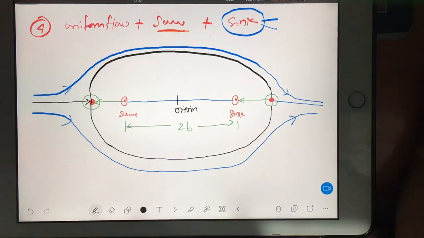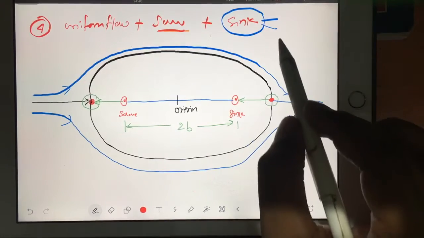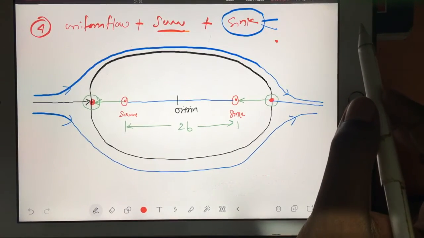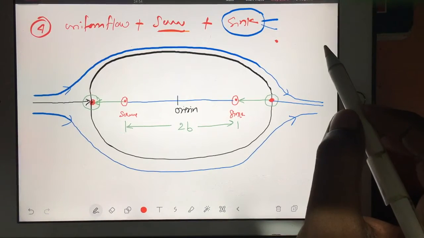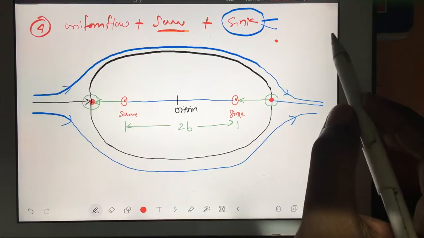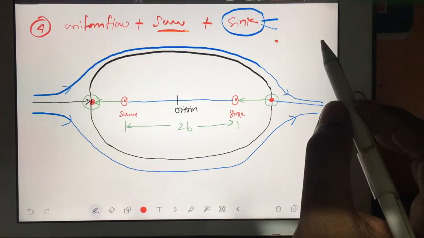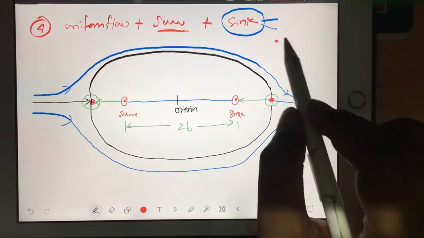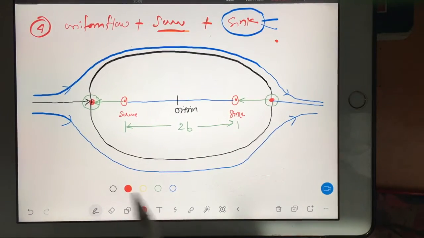And how will we target? We have to target, you take one point here, anywhere in the flow, you can consider anywhere. Wherever your flow is affected, there you can consider the point. You should not consider a point very far from the oval, because that zone will not be affected. So there you will be having only uniform flow. So you consider here you have the point very near to the flow.